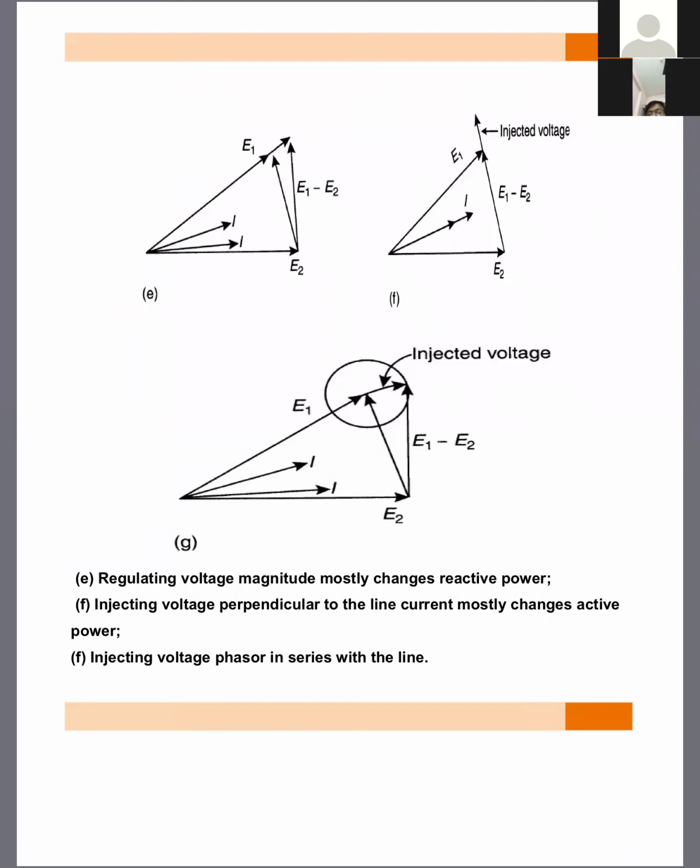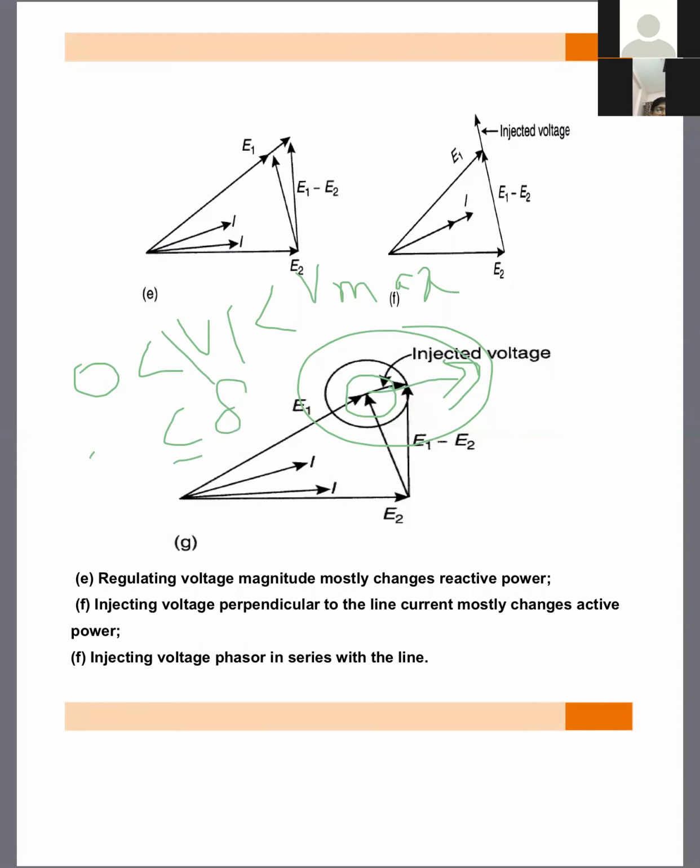So the control is possible for voltage magnitude and also phase angle. This magnitude can vary, and also the phase angle you can vary for 360 degrees. For a particular constant magnitude, you get a circle. One more circle you can consider for a different magnitude. Similarly, you can vary the injected voltage magnitude from 0 to maximum, and delta is varied from 0 to 360 degrees in the case of UPFC.